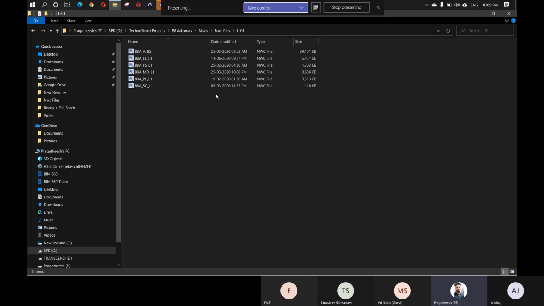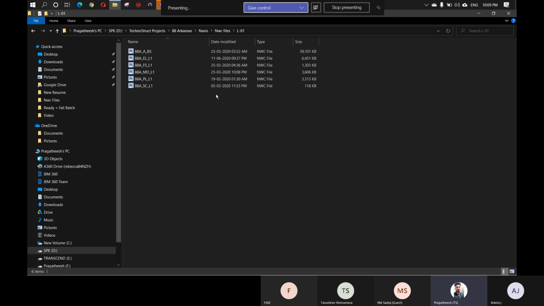Once you're working in the cloud, so many people will be working on a project, like two or three people on the same clash detection. So you can just update it. Like I'm giving resolved, which means the other guy knows this clash is resolved already, so he will not worry about it, right? Or else we can give reviewed or approved.